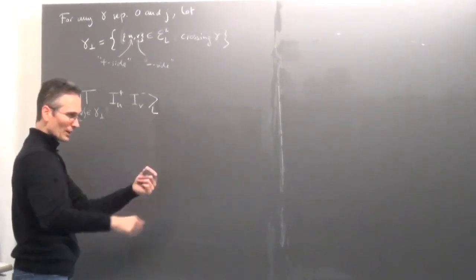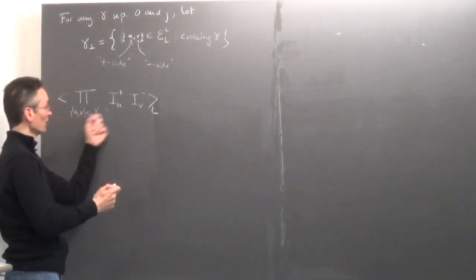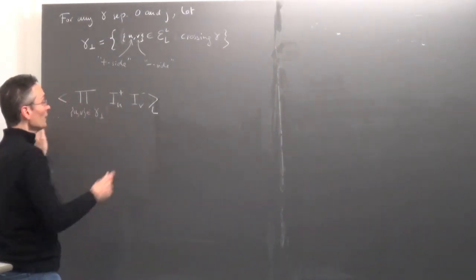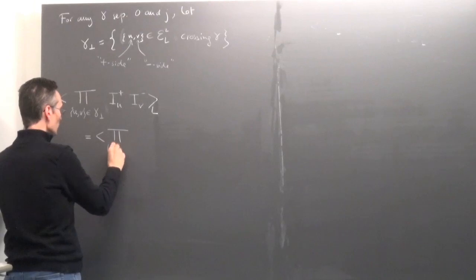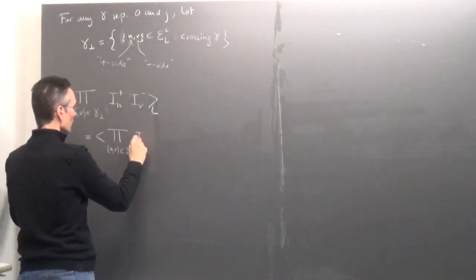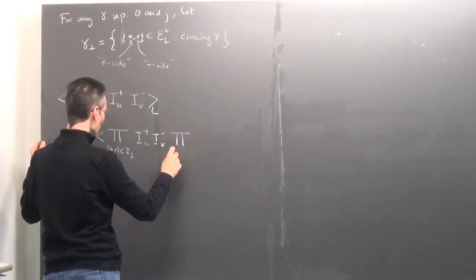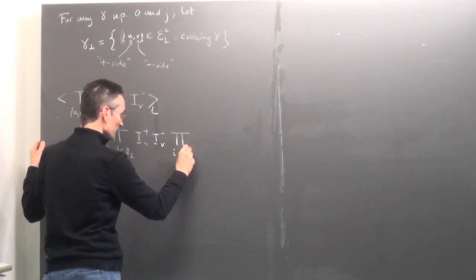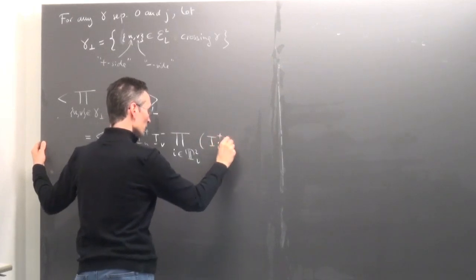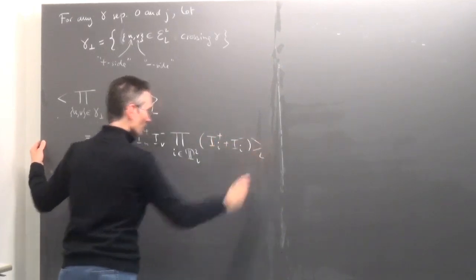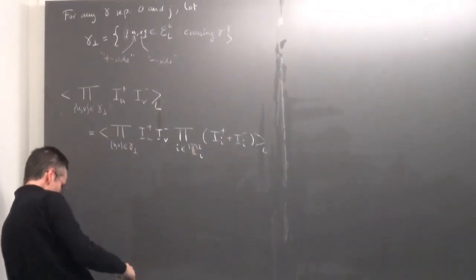So I'm choosing a contour gamma and I'm forcing all the spins on one side of the contour to be pluses and all spins on the other side of the contour to be minuses. I want to take the probability of this, and I want to rewrite it slightly differently. So this is certainly equal to the product over the same thing, uv in gamma orthogonal, I plus u, I minus v, times the product over all I in the torus of I plus I minus I. Just introducing 1 again, exactly as before. This is 1, I'm just inserting 1.